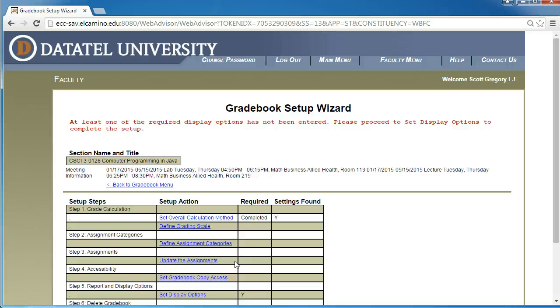The second half of step 1 is define grading scale. Luckily, this part is the same no matter which of the overall calculation methods you choose, so I put it in a separate video. Now, step 2, define assignment categories, isn't required if you're using assignment points as your overall